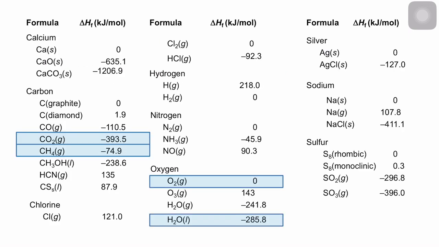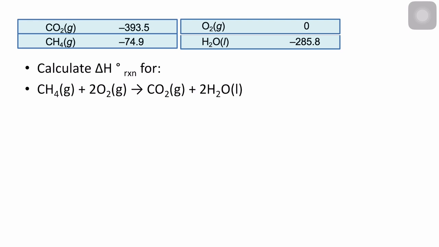So we go back to the values of your standard heat of formation or standard enthalpy of formation, and then we just get what we need. It's highlighted already, so we have the values on top. Since we have the balanced equation and the standard heats of formation ready, we can solve for the standard enthalpy of the reaction for the combustion of methane.